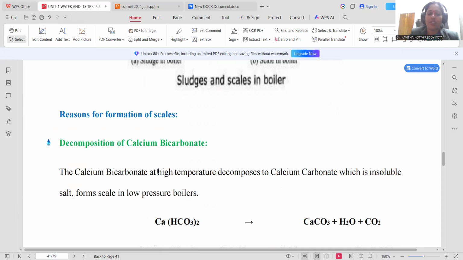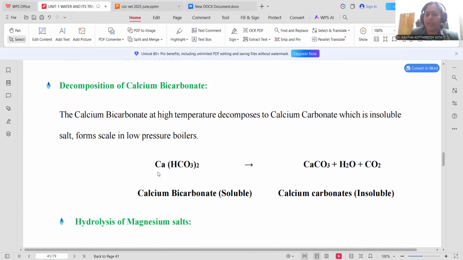Reasons for the formation of scales. Scale formation may happen through different processes. Decomposition of calcium bicarbonate. Calcium bicarbonate at higher temperature decomposes to calcium carbonate, which is an insoluble salt and forms a scale in low pressure boilers. If calcium bicarbonate is present in the water, that is the temporary hardness of the water, if present,